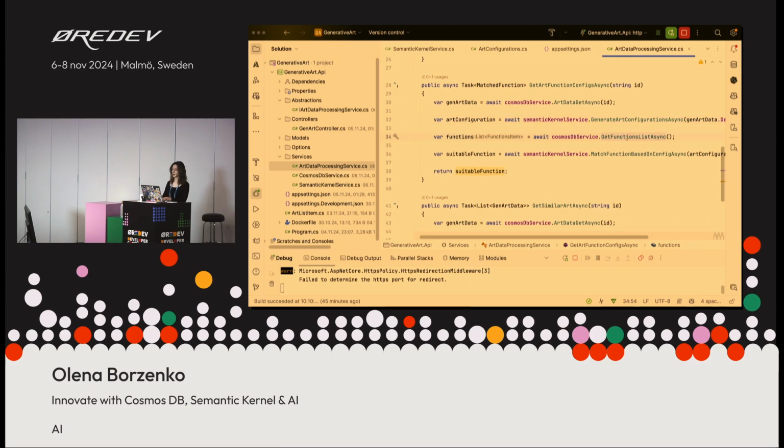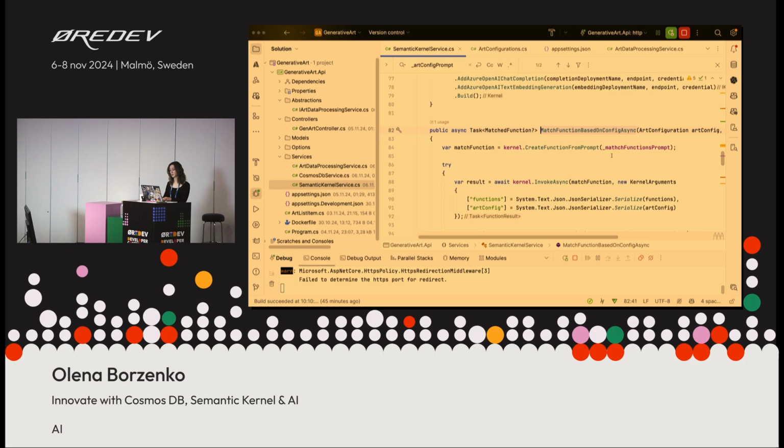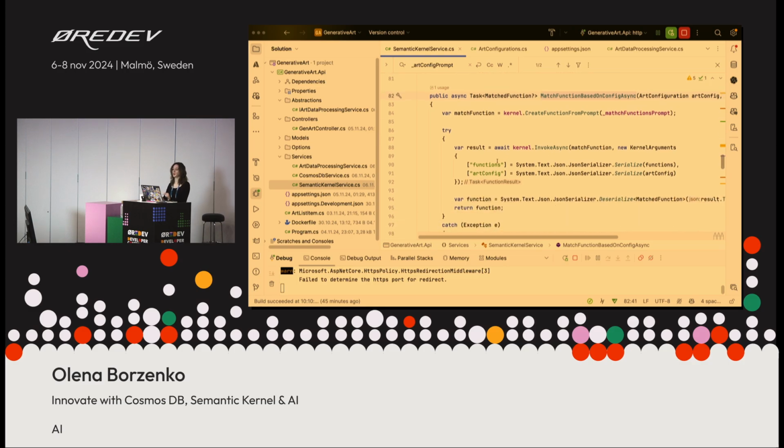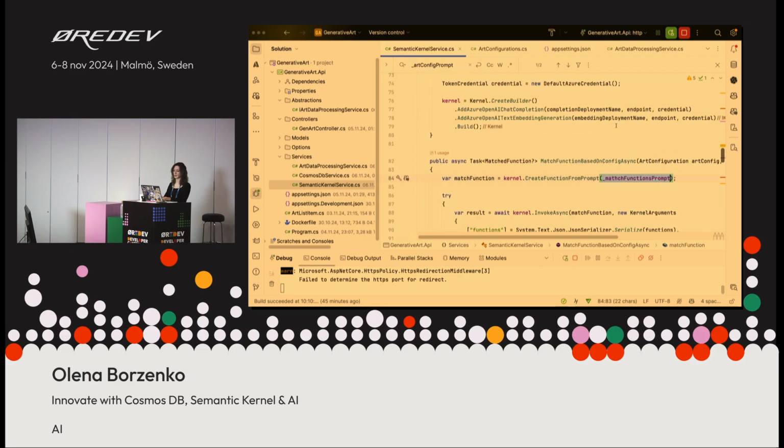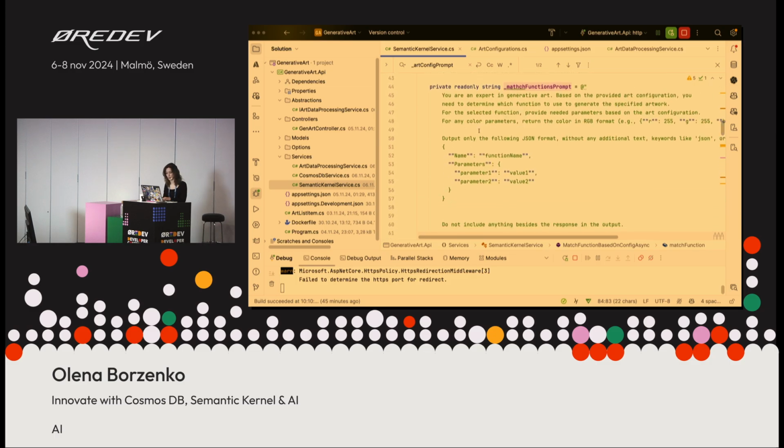I'm getting this function list, and then I do the matching process. I'm providing the context, my functions, and the description of all the functions that I have. And yes, if I have a lot of those, I'm going to have a problem later on, but that is a problem for later. For now, I have a limited amount, so I know that I can just extract all of them, give the art configuration, and do the matching procedure with the match function prompt. Again, I have the strict format that I want for the output. I want to get the name of a function and the parameters that lay within the function configuration.